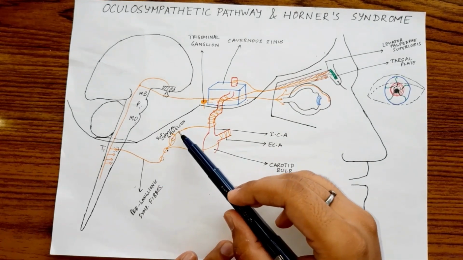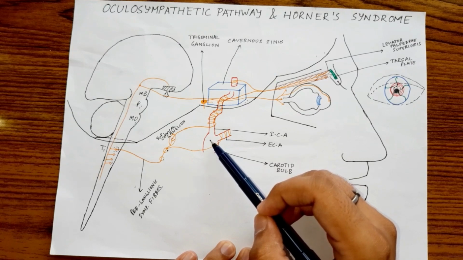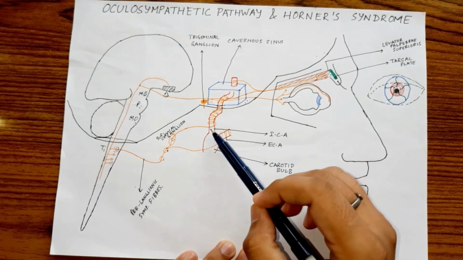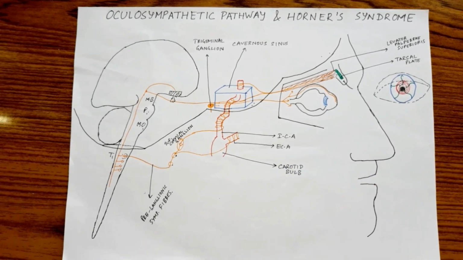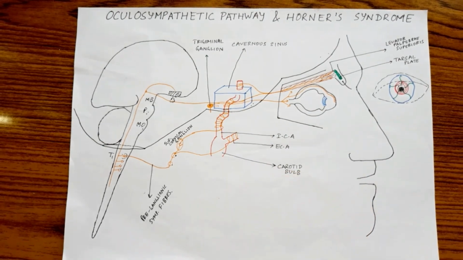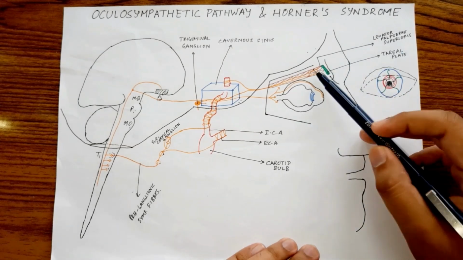These postganglionic sympathetic fibers go along with the arterial system, which is mainly the carotid arterial system here. Some fibers go along with the internal carotid artery and some fibers along the external carotid artery. It is important to note here that the fibers are intimately related to the adventitia of the internal carotid artery. The sympathetic stimulation in the orbit is required mainly for two structures, that is the levator palpebrae superioris muscle and